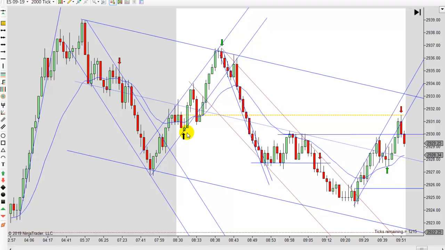This one I almost made it green, simply because you've got a two-tiered channel here, and you don't really get a break and a new, or close outside and a new low, you just reverse here. But you'll see that a lot on range days. And so the fact that it's a reversal and it pushed through the EMA and all that, I tend to